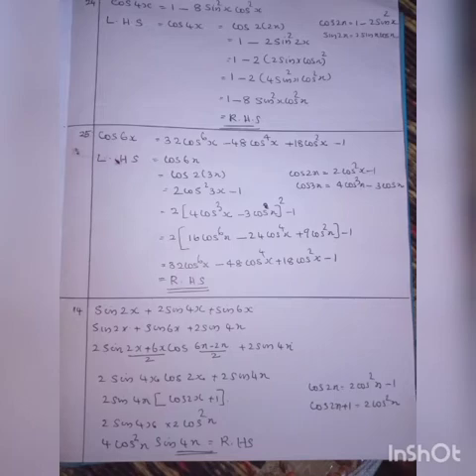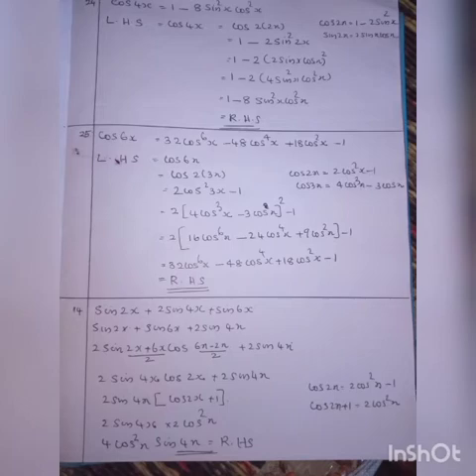Is it clear children? Cos 3x, I told you study all the formulas by heart. So here cos 3x, write the formula. So 2 into 4 cos cube x minus 3 cos x. There is a square, so we have to square it. Minus 1 outside. Now expand. What is a minus b the whole square? Okay, it is in the form of a minus b the whole square. So what is the expansion? a square minus 2ab plus b square. So here a is equal to 4 cos cube x and b is equal to 3 cos x.